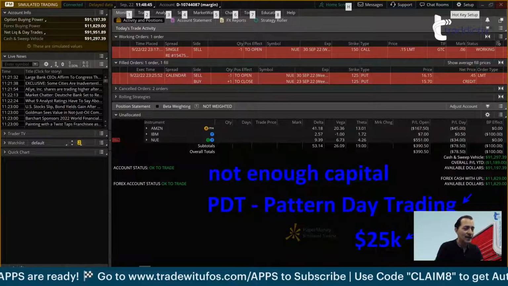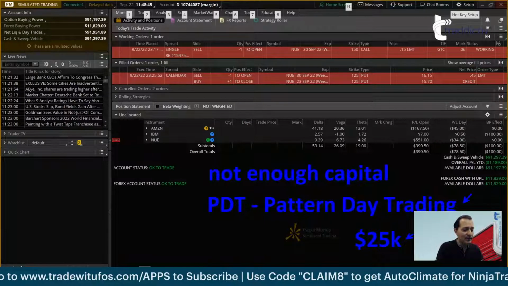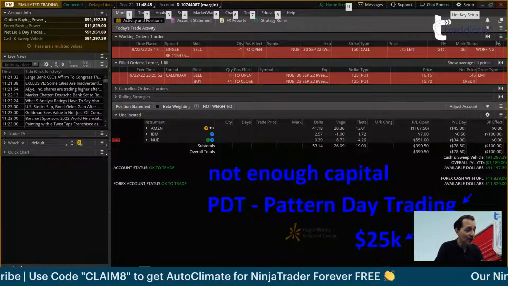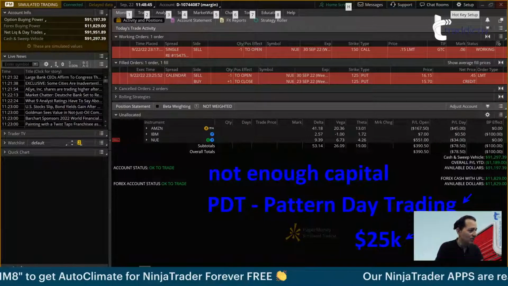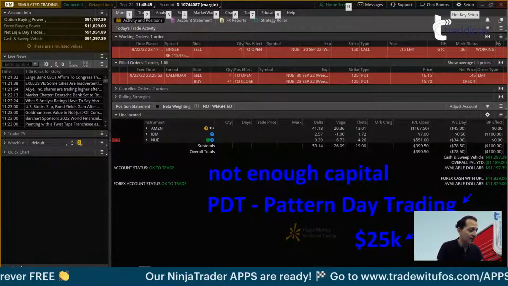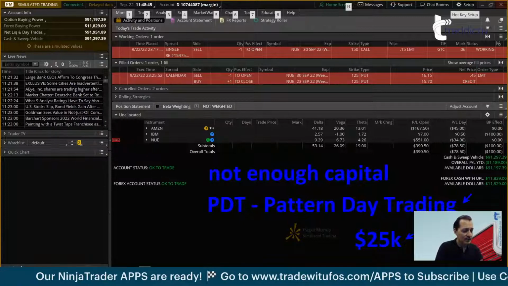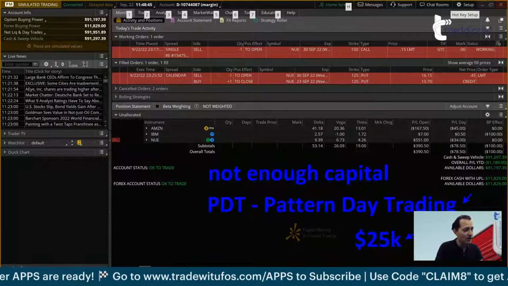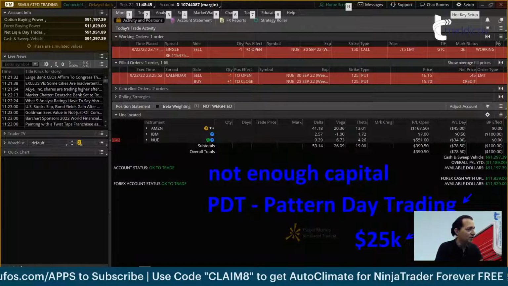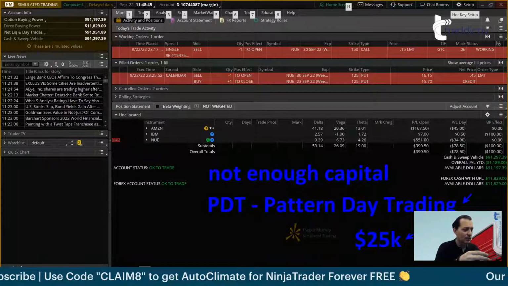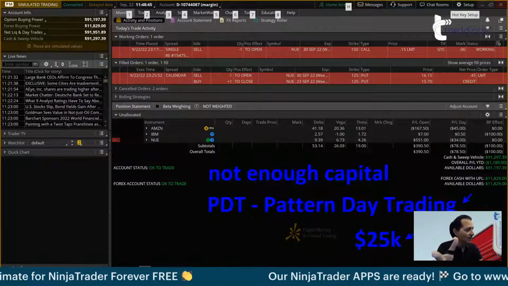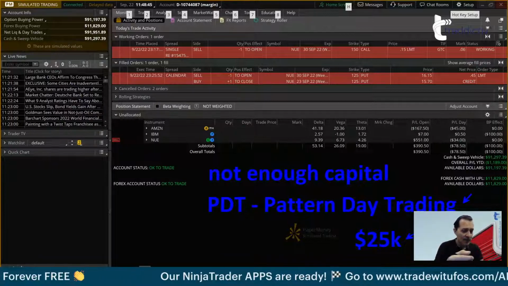Again, not every broker is the same. And by the way, this is important because, for example, when you do an iron condor and you have 4 legs, this counts as 4 trades. This has to do with day trades. Day trades means you open and close during the day, right? So if you have an iron condor in your account, and let's say you did a roll, that's 2 units. One was a trade which is closed, it doesn't count, but the second is a trade that is open, so that one counts as 1 trade.